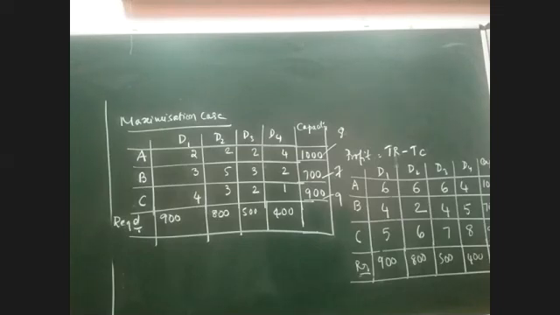This maximization case problem first has to be converted to minimization. First I have to convert to minimization, and after converting, I can use any of the three methods and solve the problem. There is one advantage in maximization case problems: they will not specify the method. They will not say to find the maximum profit using NWCR method or Vogel's method or least cost method. You are free to use any method of your choice.